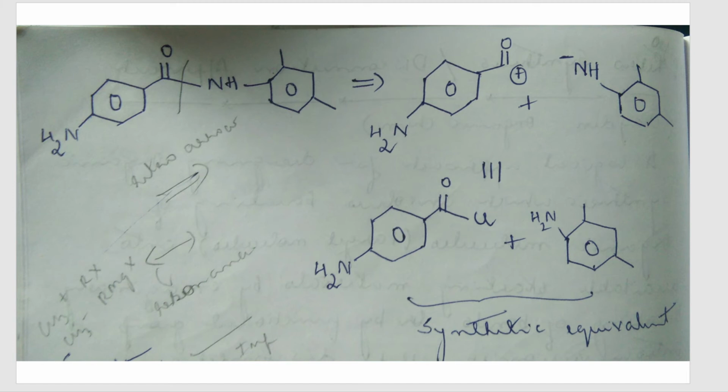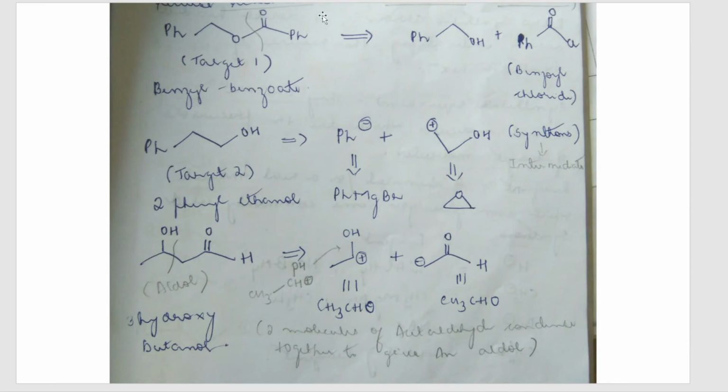Now we'll take some more examples. We've taken this. I'll name it target molecule number one, because we'll be discussing a lot of target molecules in this particular topic. So I'll start numbering the target molecules. This is target molecule number one. Now you see where you can disconnect it. Usually when you have an oxygen-carbon bond, it is best to disconnect there, because near the oxygen you can add one hydrogen, and near the carbon you can add one chlorine, or it depends upon what you have added on this side. That time you can eliminate HCl, correct?